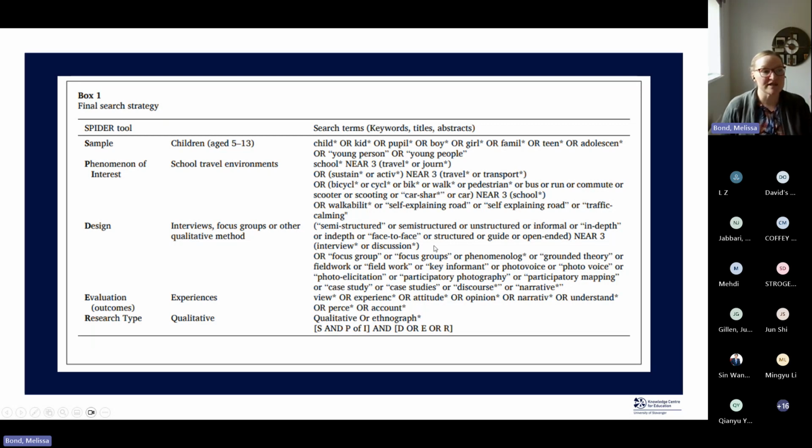So they included specific phrases around, for example, semi-structured interviews, focus groups, photo elicitation, case studies, and those sorts of very qualitative approaches to collecting and analysing data, which, to be honest, in my approaches to qualitative evidence synthesis, I wouldn't necessarily choose to do. But because this is a meta-ethnography, it is one way of very quickly identifying studies that do use those qualitative approaches.